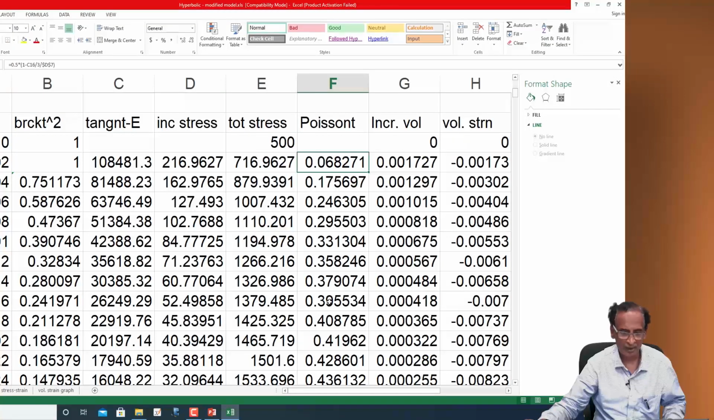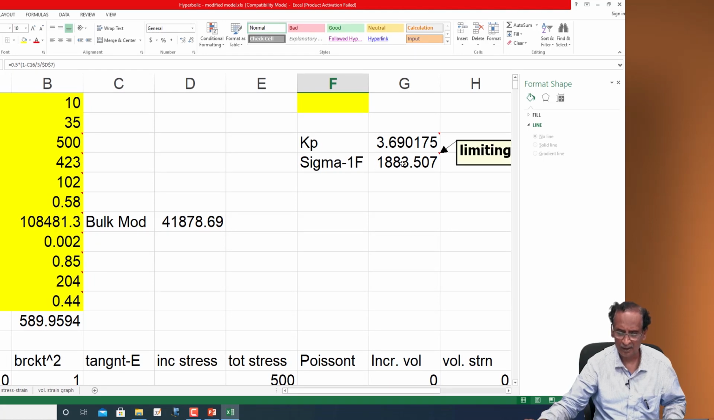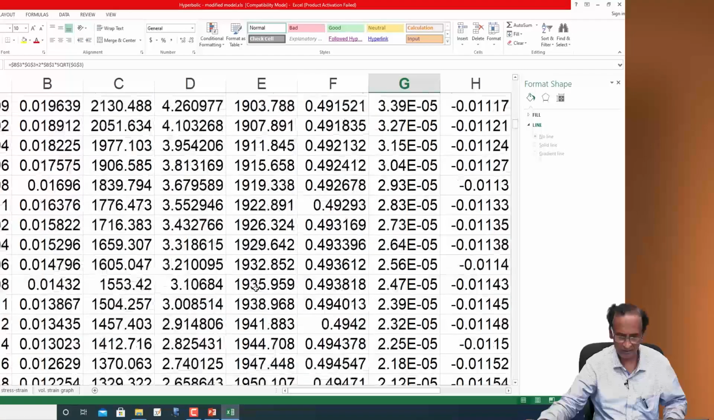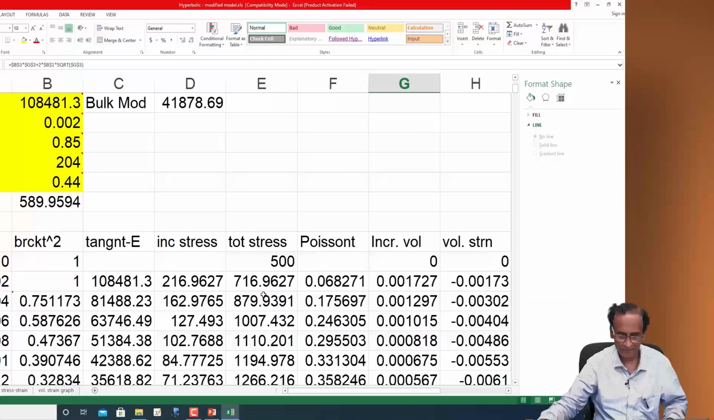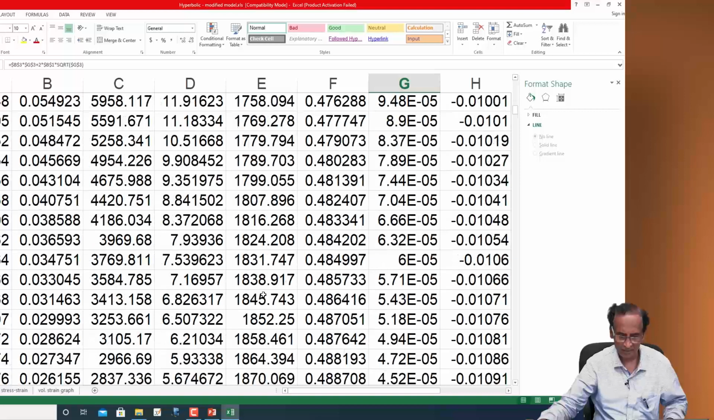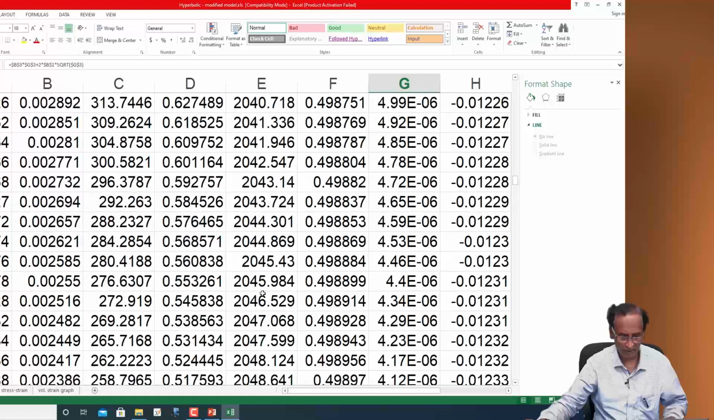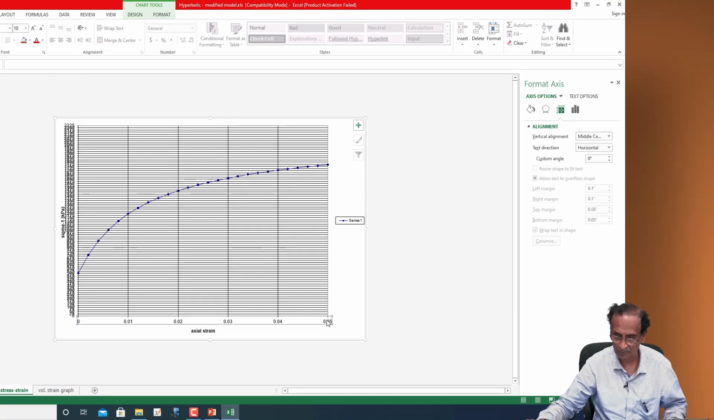And the other thing that we need to see is our sigma 1 failure should be 1883 as per our Mohr Coulomb relation, but if we see the predicted sigma 1, it is much more than 1883. It's increasing to more than 2000. Okay, that's what we see here. So if you look at this, you actually have to plot beyond